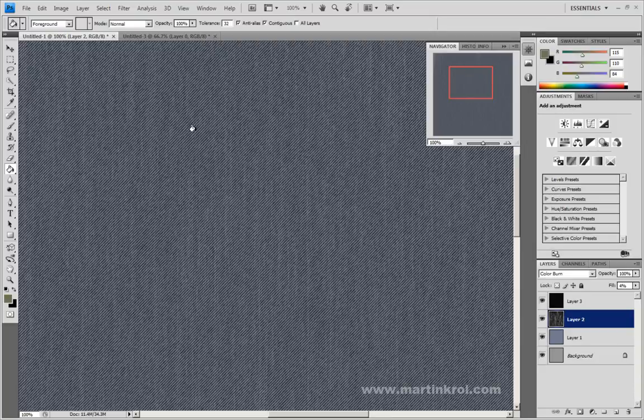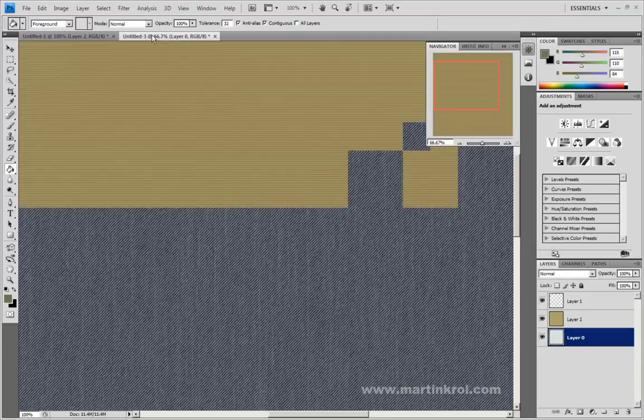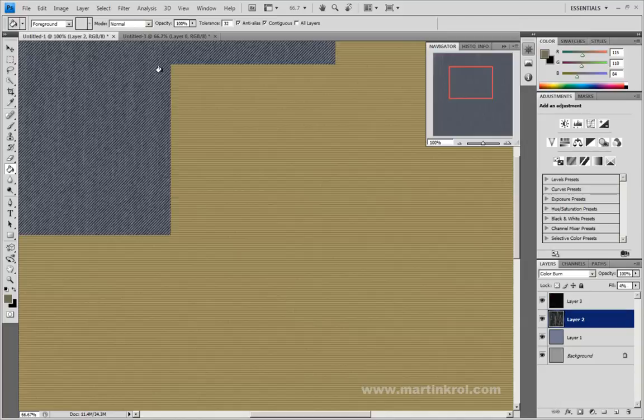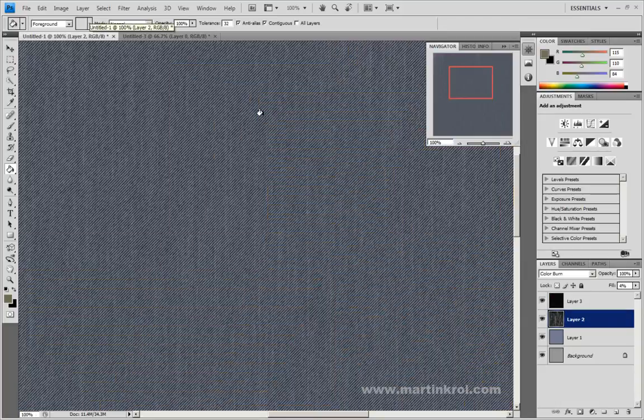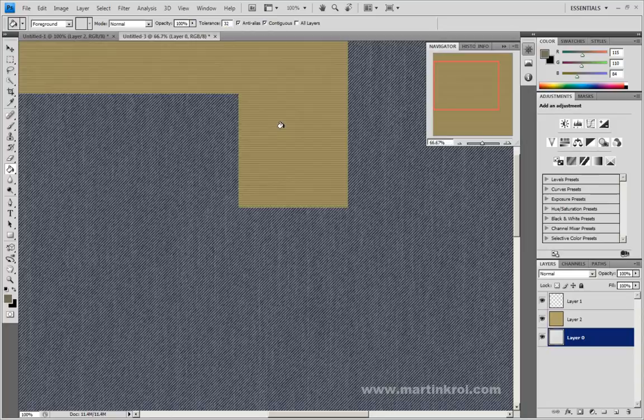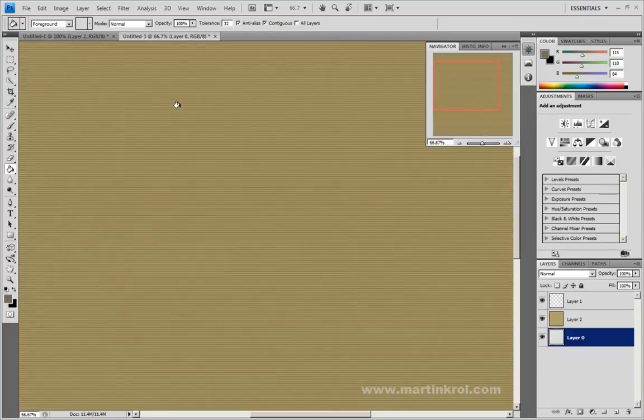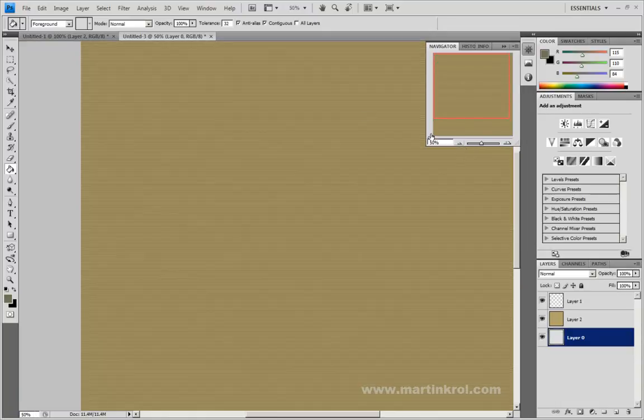So in the last chapter, we've created two materials or two textures that we can use for whatever kind of fabric we want. Oops, let me just undo that. Now, I don't really like this one, to be honest, but I guess it'll do. Especially, well, I guess I could use it at 50%, or if I just scale it down. But anyways,